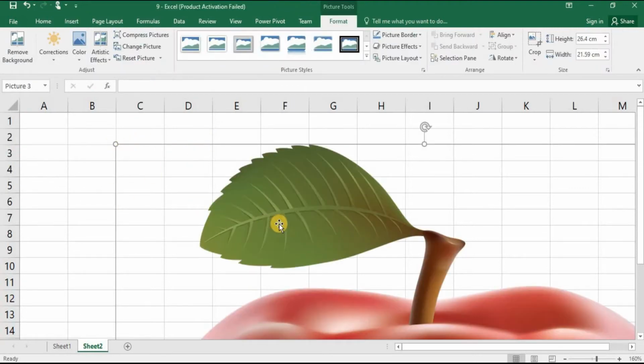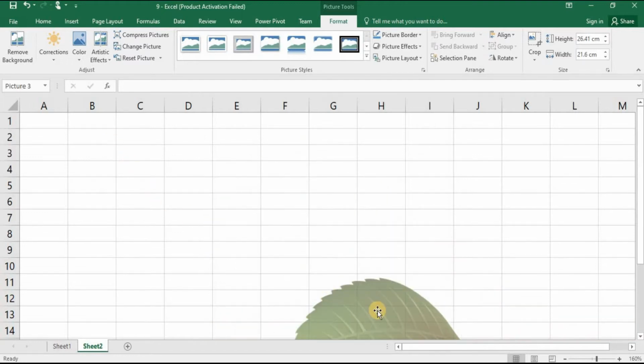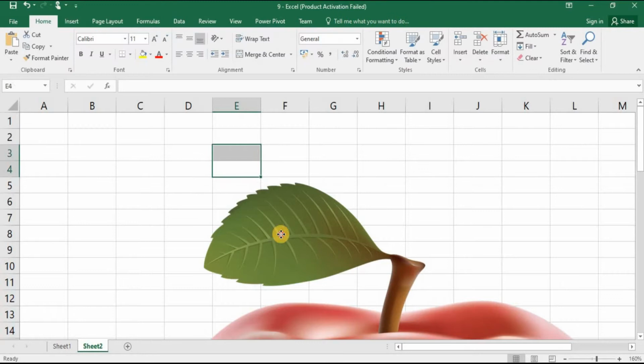Once you import the image, it looks like this. Using these small circles, you can change the size of a picture. If you move your cursor on this, the cursor will change to a double arrow. This denotes you can resize the picture in this direction. First, move the cursor onto this circle. Once the cursor changes to an arrow, click and hold the mouse left button, then move the mouse. See, the image size has been changed.